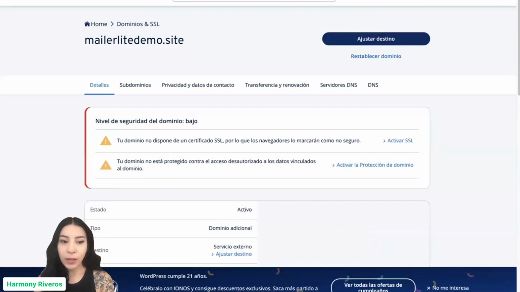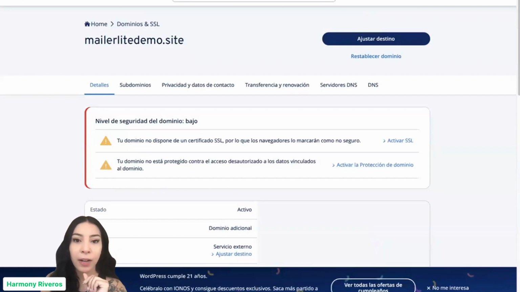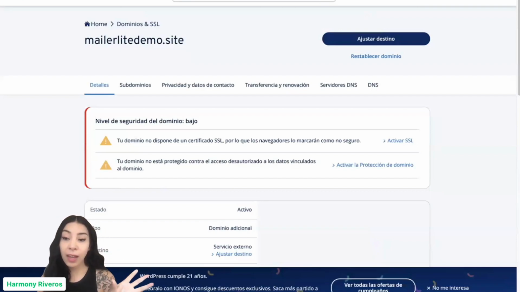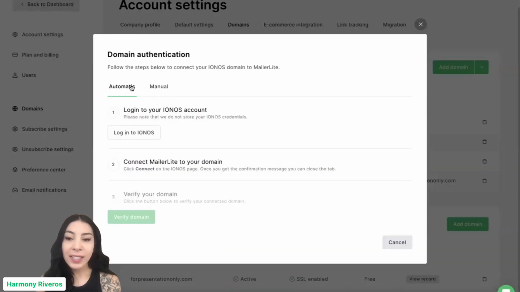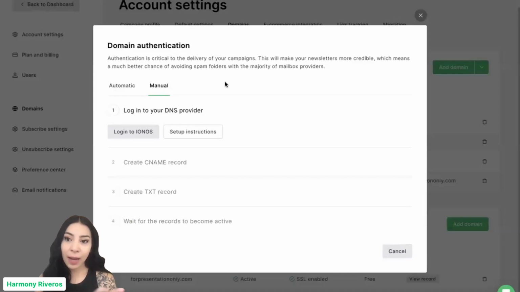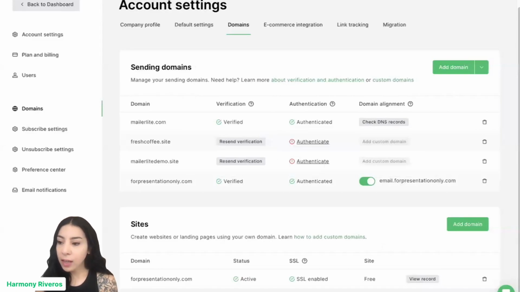As you can see, once you go into the hosting provider, it'll have you log in. And from there, it basically does the automatic authentication for you for those 3 hosting providers. So there's no need to enter in the records manually. It'll just take you straight into the hosting provider, and then you can go ahead and authenticate that way. So I will show that right now. You can see that is the automatic one. It just logs you straight in, and then you can go from there. You also have the option to do it manually, which is the same for all the other hosting providers. So that is what I will go through when you can see